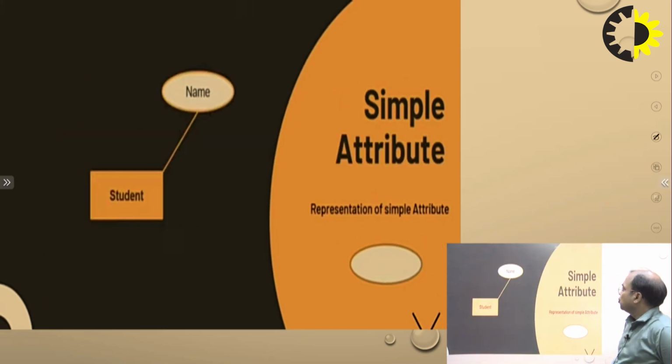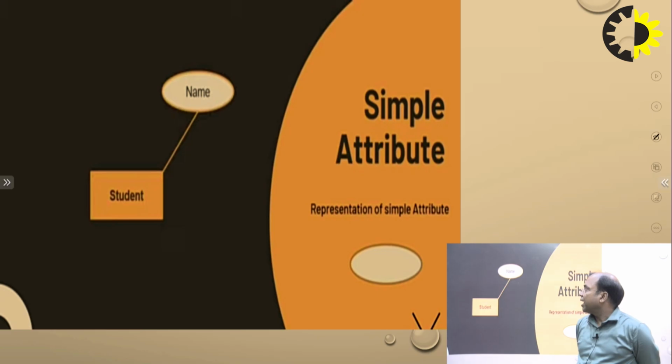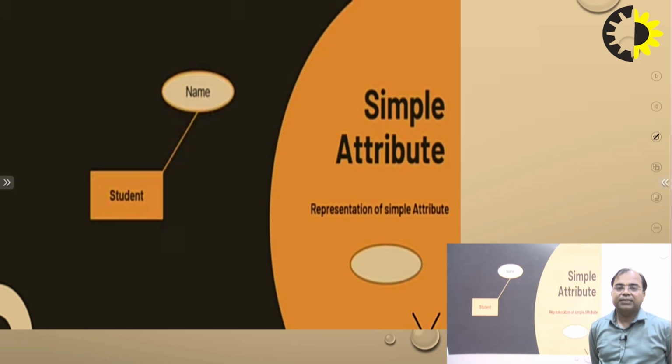First, what is a simple attribute? Obviously, here the student entity has a name. It is very simple, and it is known as a simple attribute. Name is a simple attribute, age is simple, the roll number, student gender, these all are simple attributes. Next,